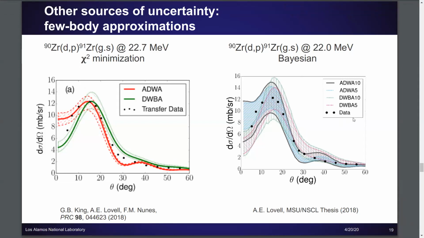When you go to the Bayesian methods, we're looking specifically at the black or gray intervals and the green here. We see that, again, as we saw before, the confidence intervals are much wider, and they overlap significantly more than we have with the chi-square minimization. And so again, this is another reason why we're looking to understand how we can better constrain our potentials.